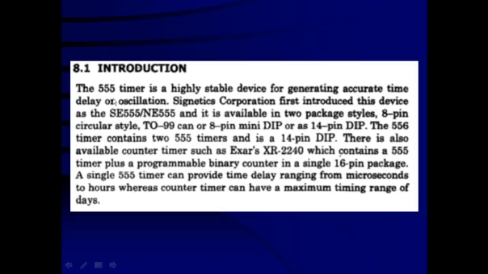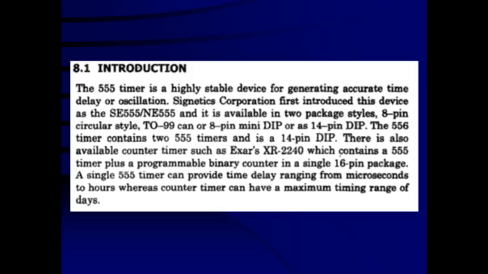So this we have taken from Choudhary according to your syllabus, because the internal block diagram of the 555 is explained in this particular book. That's why we are slightly shifting from Malvino and Leach to this one. But it is also given in Malvino and Leach, you can refer to that also. There is a very good explanation over there.